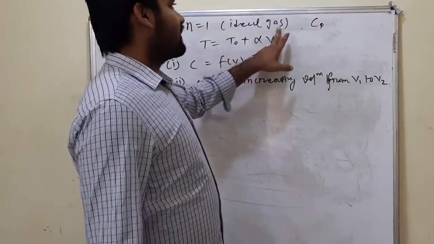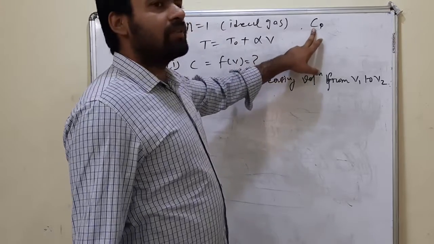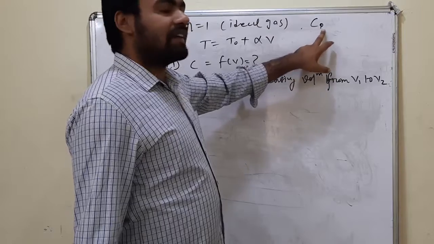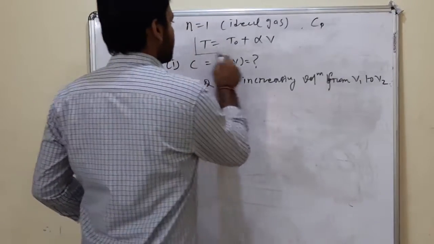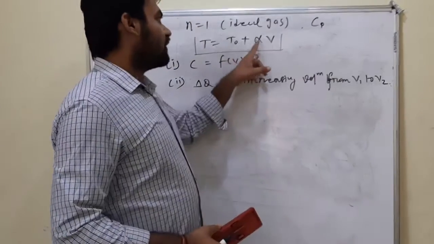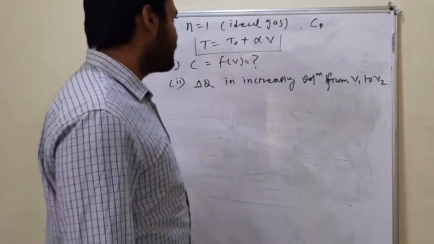क्वेश्चन में एक आइडियल गैस गिवन है, आइडियल गैस के 1 मोल गिवन हैं, और फॉर द गैस Cp इज गिवन, दैट Cp इज द molar specific heat capacity at constant pressure, and the gas is following through this process. It is T equals to T naught plus alpha V. T नॉट, अल्फा दोनों कांस्टेंट हैं, V वॉल्यूम है गैस का और T टेम्परेचर है गैस का।